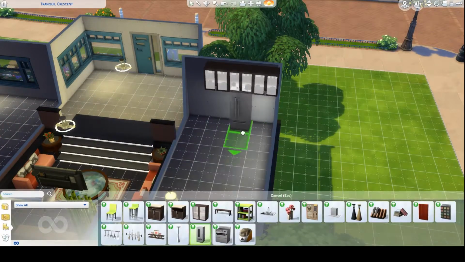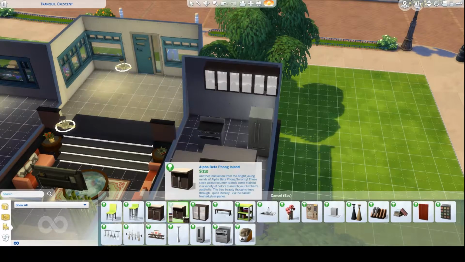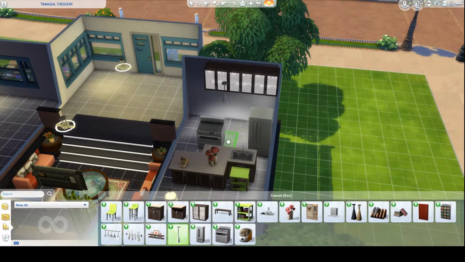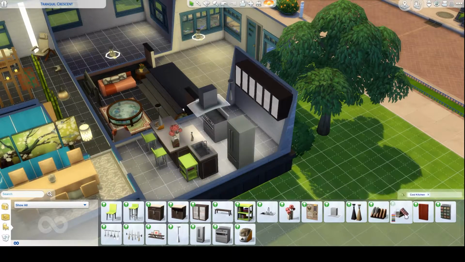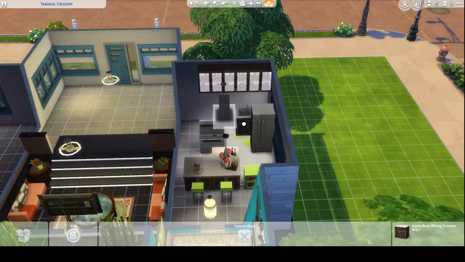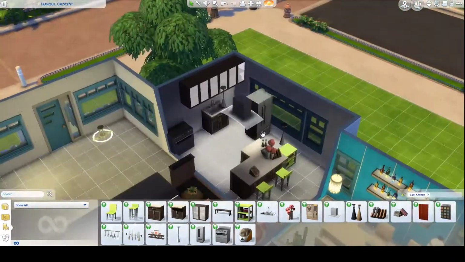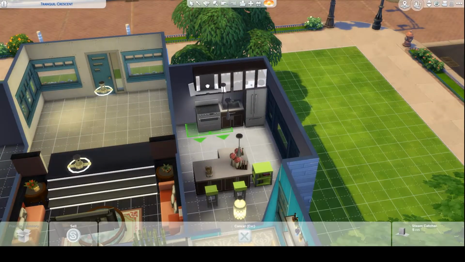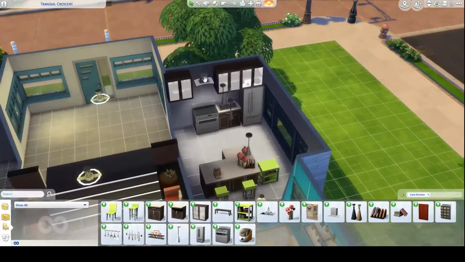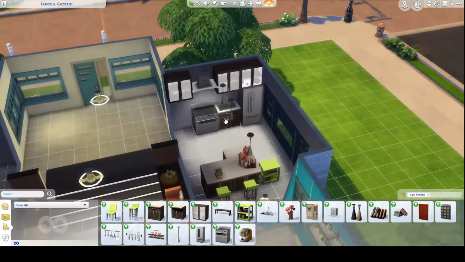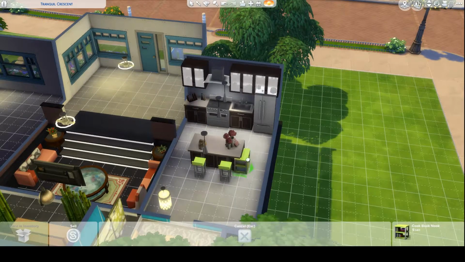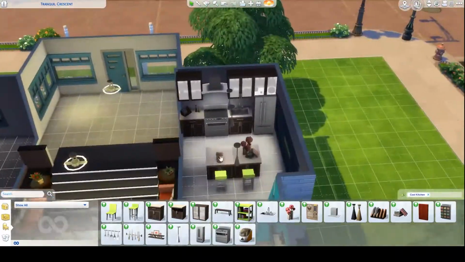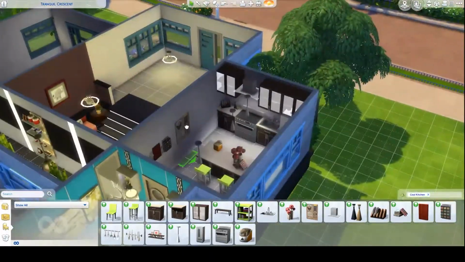But before I put the door, I decided to use cabinets and just take out everything that pack had so I could try to use as much as possible and see what was there and start arranging it around the room. So I took out these green chairs, which I would never use because they're a bright fluorescent, like radioactive green, but they actually turn out really nice. So you'll see what happens. But I did all the cabinets, moved them around, and I decided I wanted to do a kitchen island. So I did a small island, I put some stuff, rearranged it,